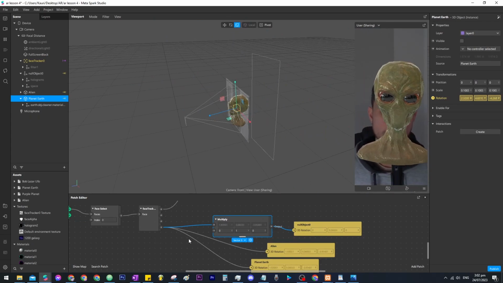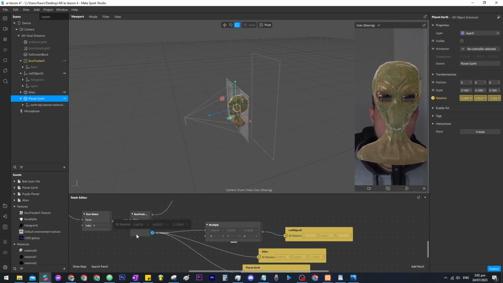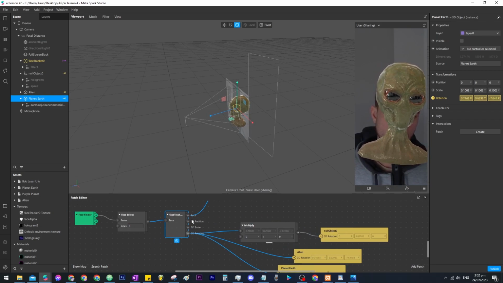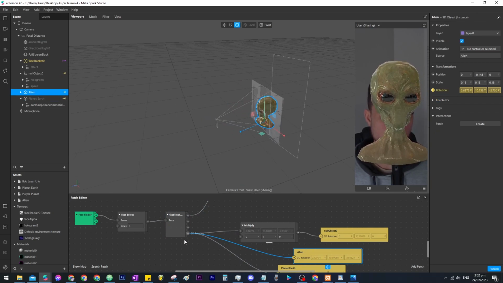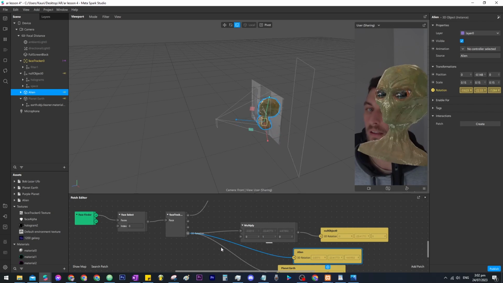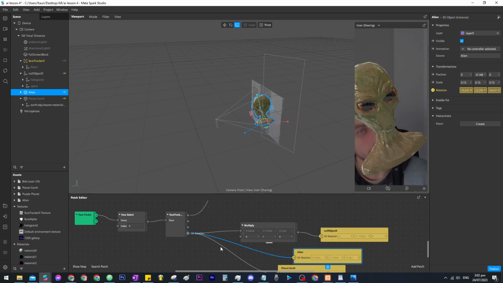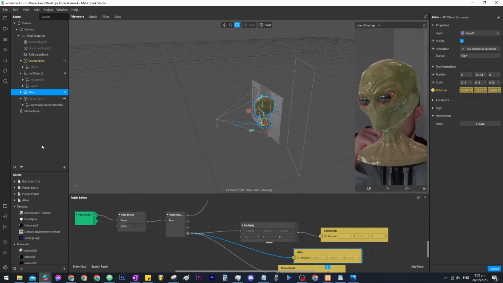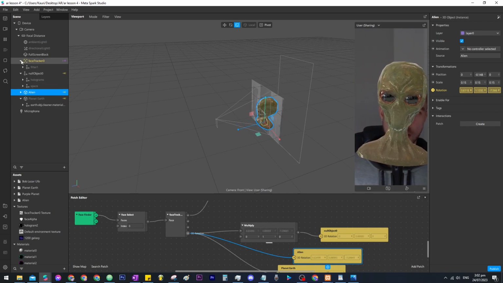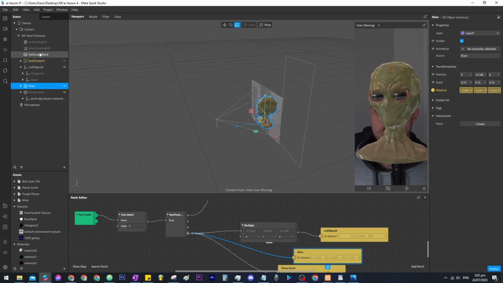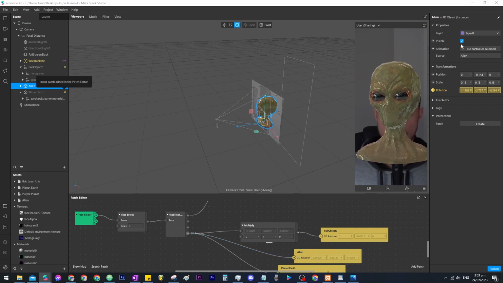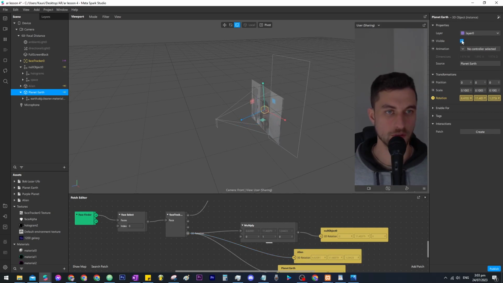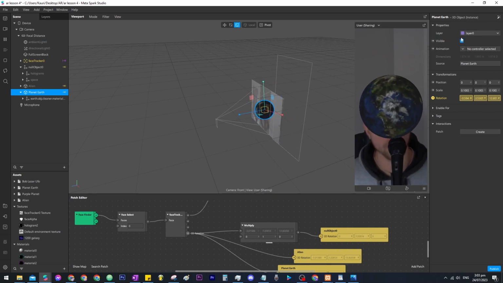So as well, what you can do with the same logic of just connecting the rotation output of the face tracker, you could link it up to an object. So for example, this alien, just click the rotation here and link it straight to the head, and then it will rotate with the head without following my head around the screen. And the way as well, you don't want these objects to be under the face tracker. So this was just under focal distance, the objects, and then link the rotation. So the same thing for this planet. If you want to rotate spheres with your head, but without moving with your head,